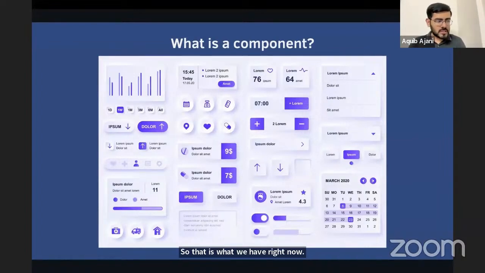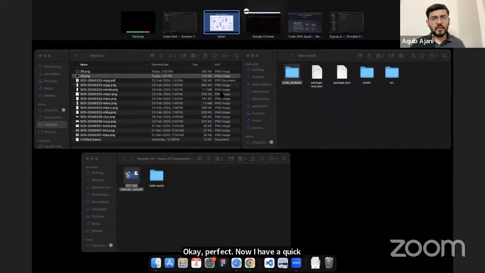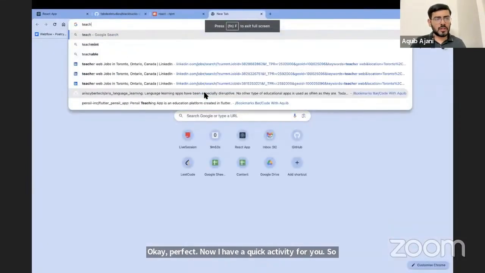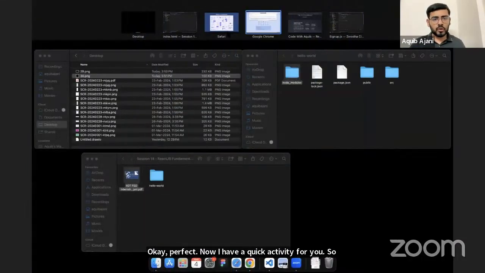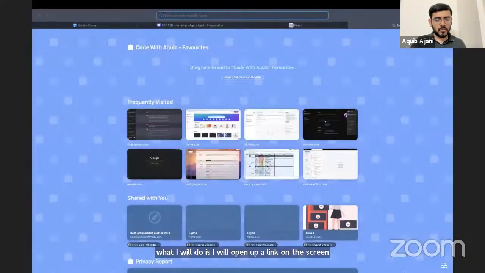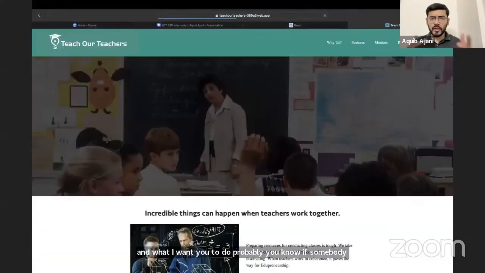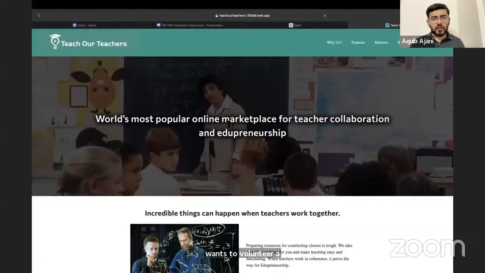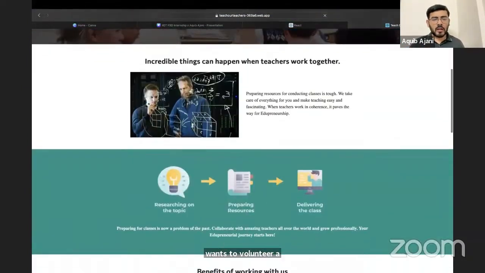Okay. So this is the setup in terms of components. Every single UI element that you see on the screen effectively can be called a component. Okay, perfect. Now I have a quick activity for you. So what I will do is I will open up a link on the screen, and what I want you to do, probably, if somebody wants to volunteer or participate, I want you to tell me which part of this